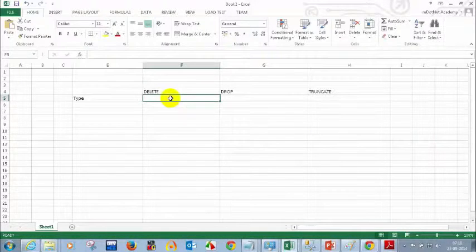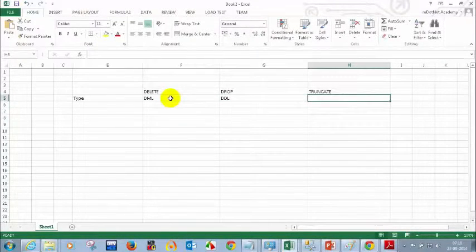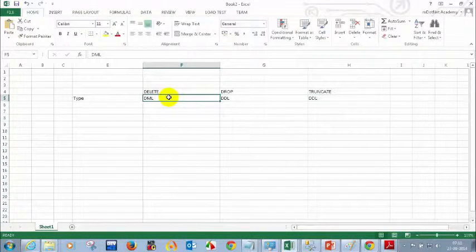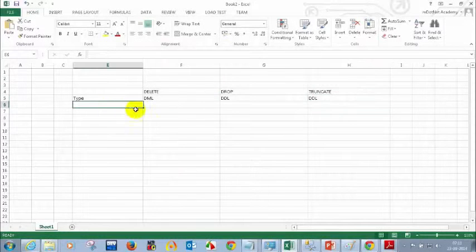Yeah. So delete belongs to DML, and drop belongs to DDL, and truncate also belongs to DDL. Delete belongs to DML because it's a data manipulation language; you are playing around with the data. And drop and truncate both belong to DDL, data definition language. So now the second one